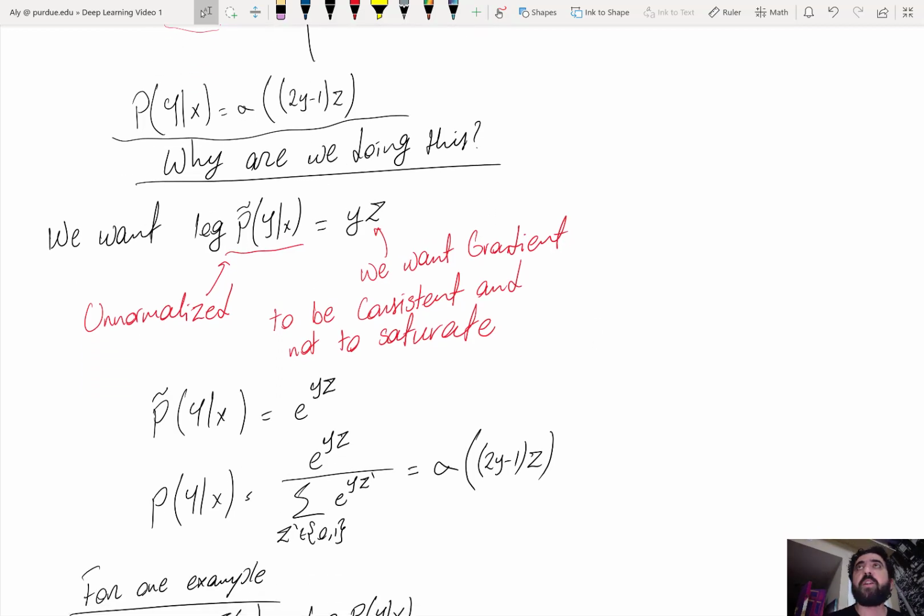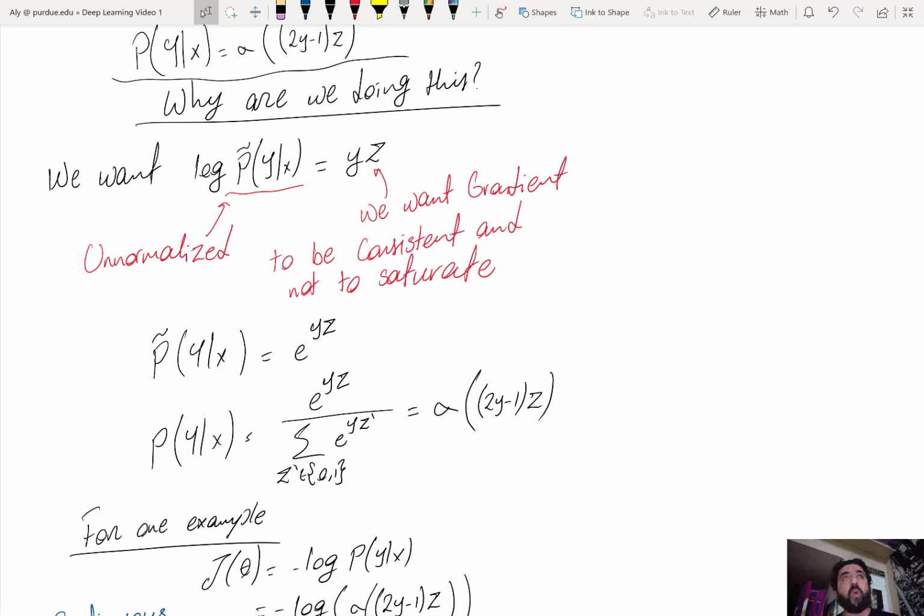We want to do this because this is good for learning. Because z is a linear function, the gradient is consistent, the gradient doesn't saturate. So it's good for learning that my conditional probability is estimated by the actual value of the output unit. Then the gradient of the cost with respect to the value of the output unit, z, is basically the gradient of a linear function. And as we'll discuss later, when we compute the gradient with respect to the parameters, we first compute the gradient with respect to the output unit,